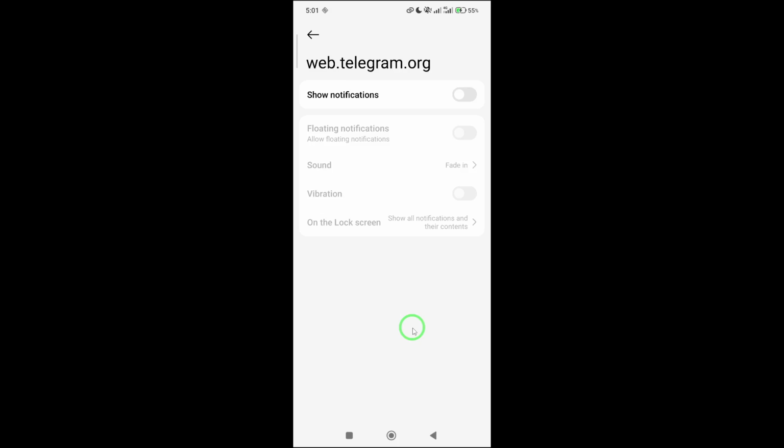Look through the list and find the specific site you want to stop notifications from. Once you find it, simply toggle it off, and that's